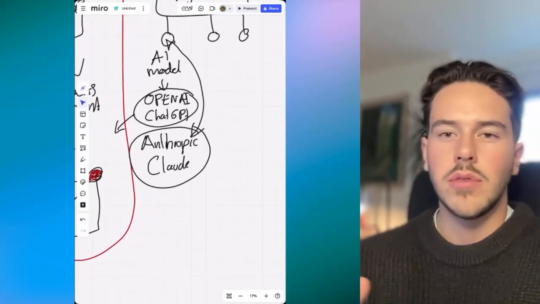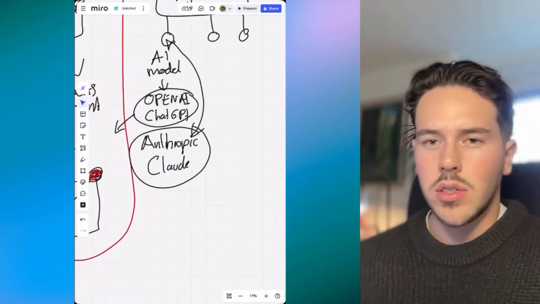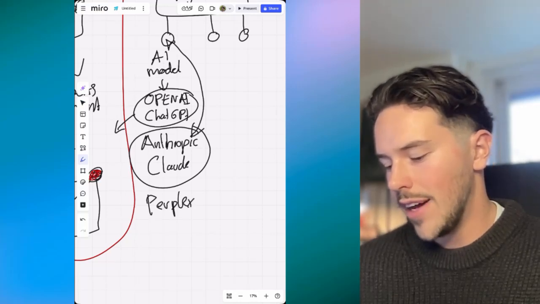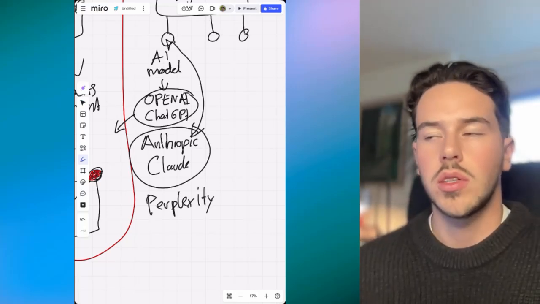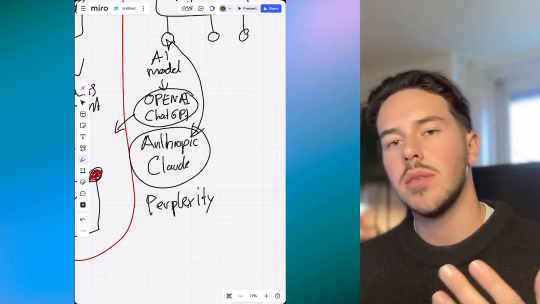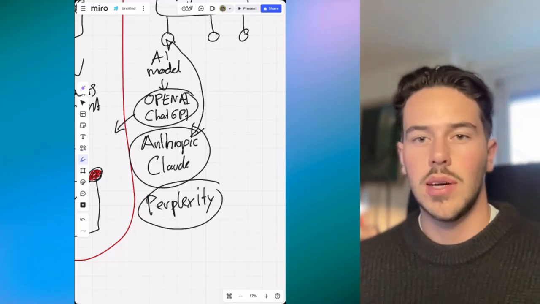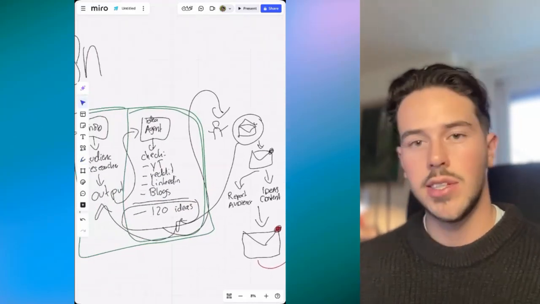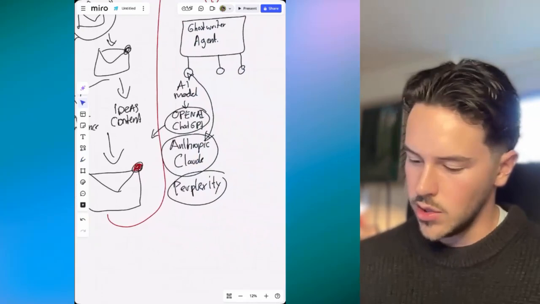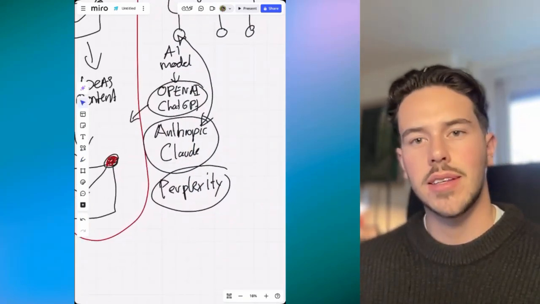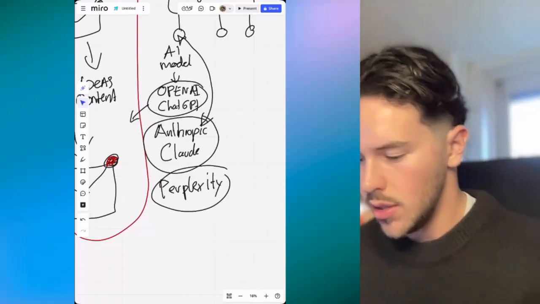Like for the image, we also got Perplexity. That's more fact-based. It searches different platforms for the right information. That's, for example, nice for the idea generation agent, or if you want a super fact-checked newsletter with a lot of sources.